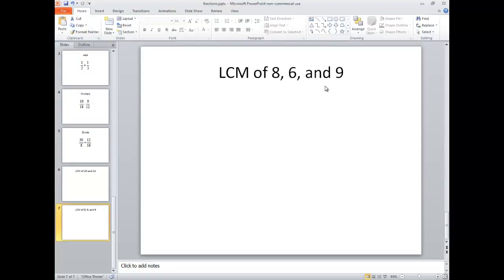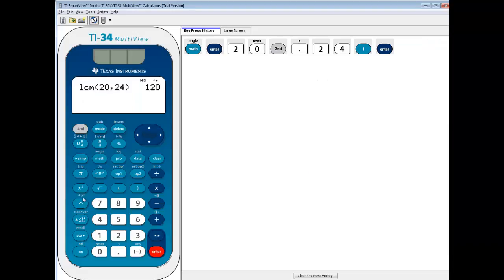Now imagine if we have more than 2 numbers. We've got 3 numbers, for example. We want to find the LCM of 8, 6, and 9. Well, there's different ways you can do this. First thing I can do is I'll do an LCM and the first 2 numbers, which is 8 and 6. So I'll do 8, and then second decimal for the comma, and then 6, and press enter, and that gives